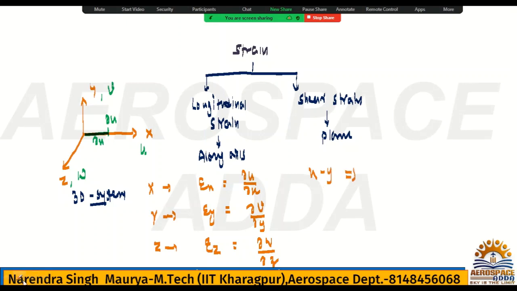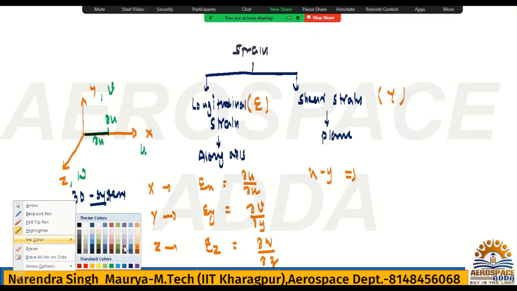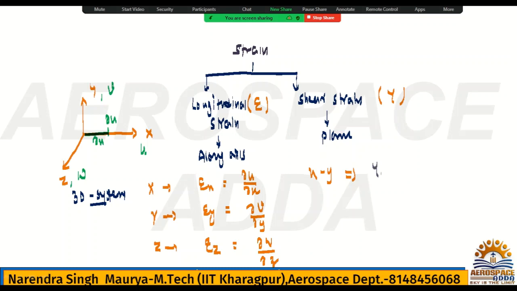Because it's a shear strain, longitudinal strain was denoted by epsilon and shear strain will be denoted by gamma. Because you are going to talk about the xy plane, that shear strain will be gamma xy. What will be the shear strain? So gamma xy will be, because x we have, so it is x, plus this is y. In this way you need to remember, make this cycle